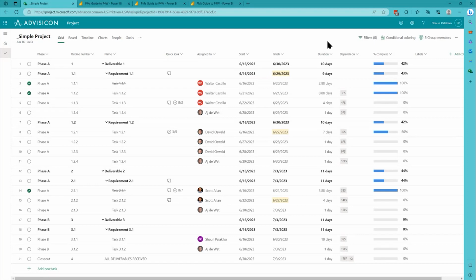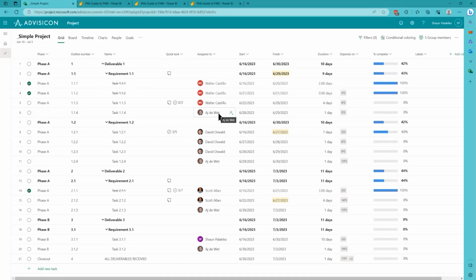All right, welcome to Project for the Web. Does it look like other tools you've seen? Yeah, it looks similar to maybe Excel. It just has columns and rows. The columns up top let you know which one we're looking at. I want to take a look at the assigned to column, which pulls all our resources from Active Directory within Microsoft 365. Again, AJ is an important resource in my organization, and I want to highlight wherever I see AJ